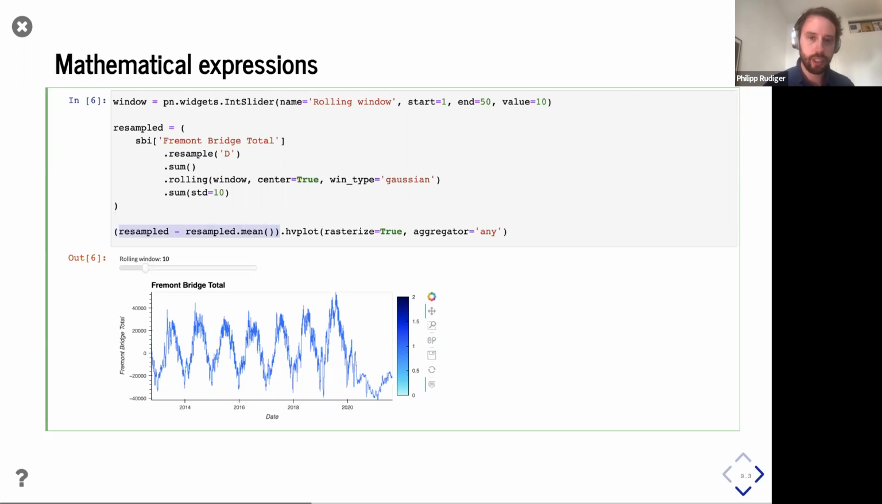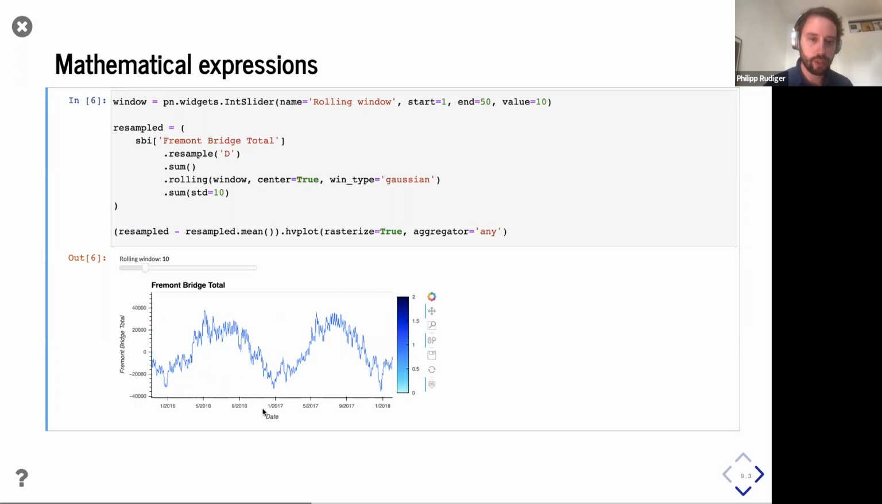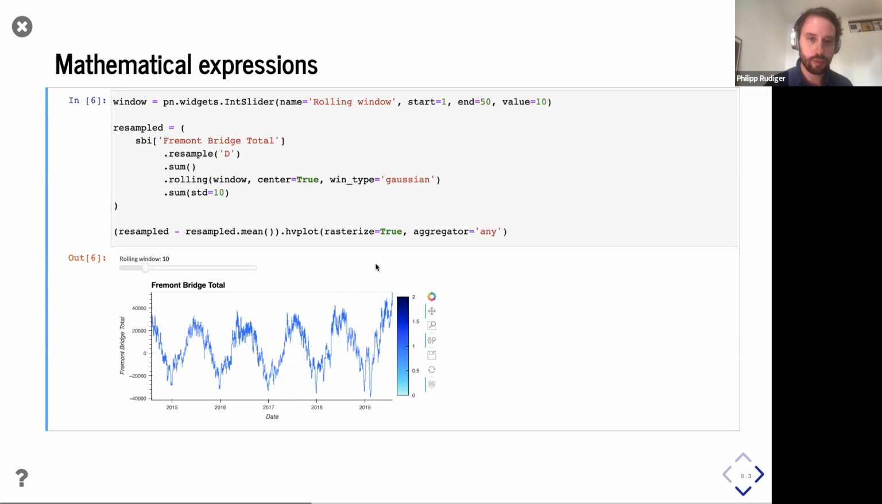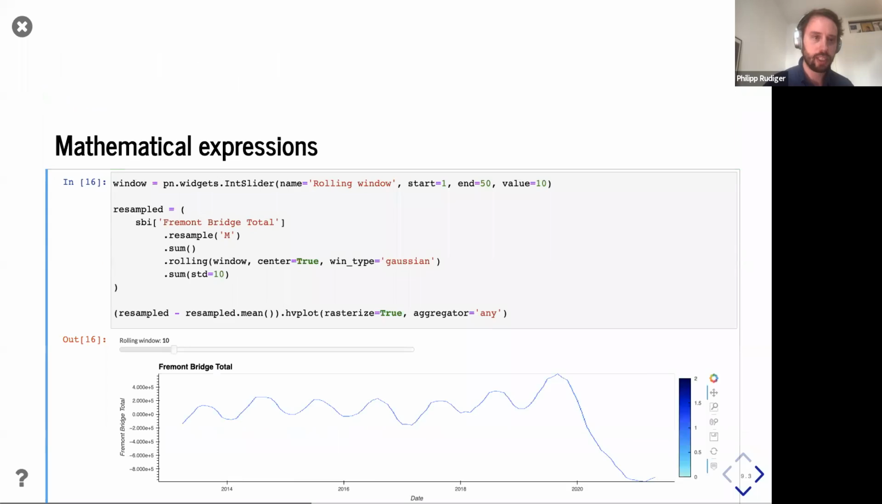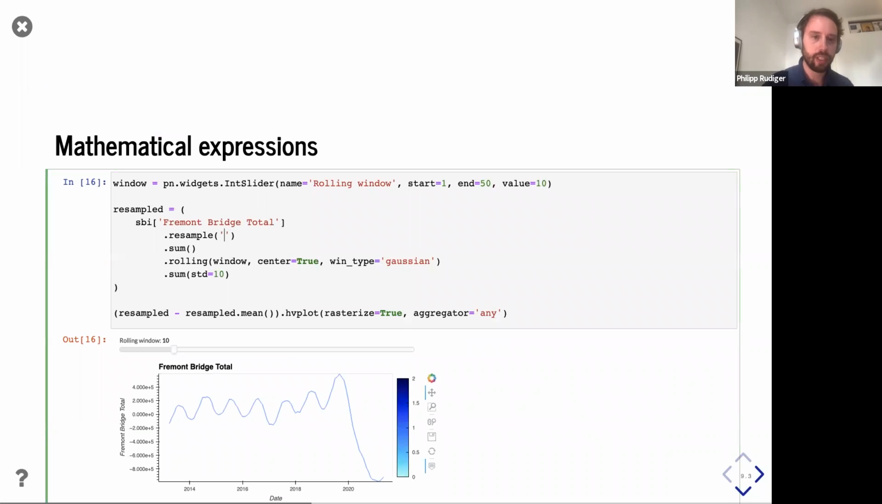You'll also notice here that we've used hvPlot again to plot it, which means we can get hover information, and we can zoom and pan around, right? We've also provided rasterization here, which means that if we were to do this on a, I always forget what the, this is monthly, I think. If we did this on a,